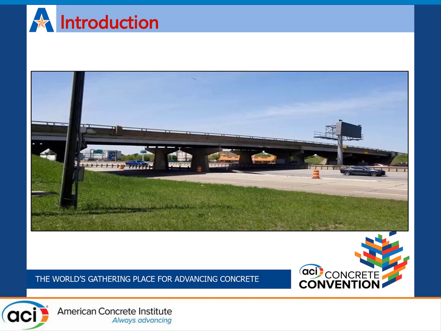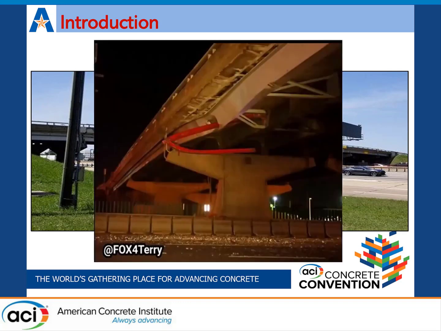The bridge is the San Francisco Bridge. It is situated over I-30 near East Town of Dallas, Texas. The bridge has 2 bounds, northbound and southbound, and it has 6 spans symmetric around the center line of the bridge. In 2017, the bridge was hit by an 18-wheeler wrecker, which pierced through the girder and also through the concrete deck. You can see on the screen how the damage was that night.